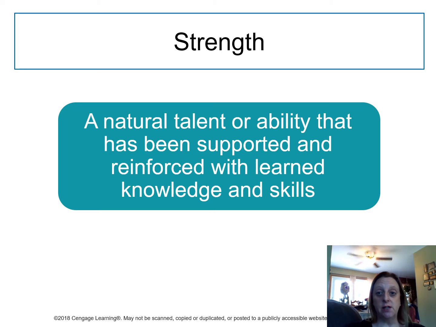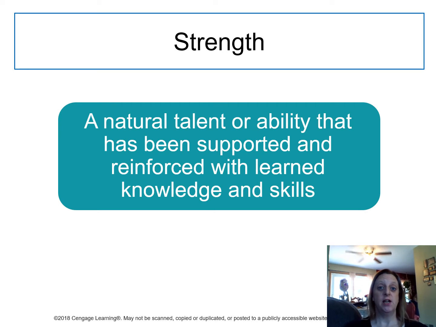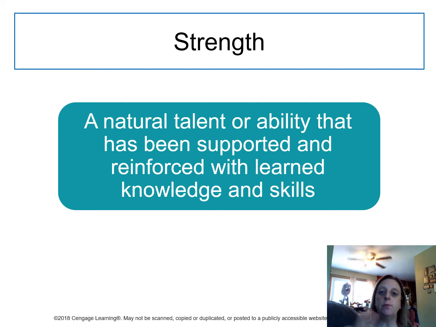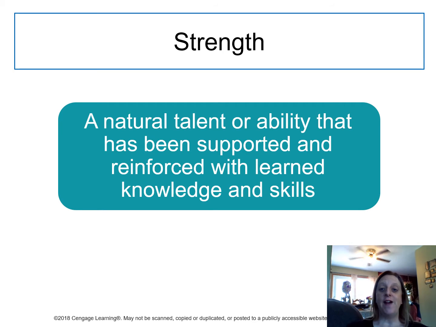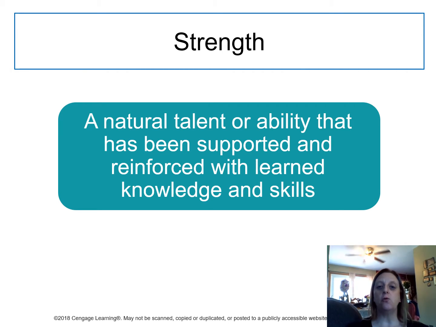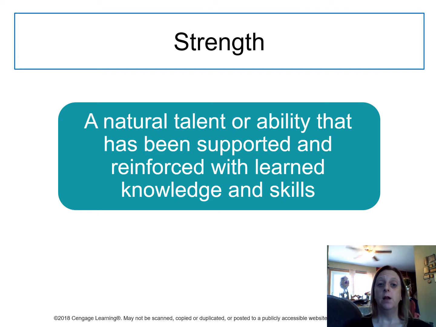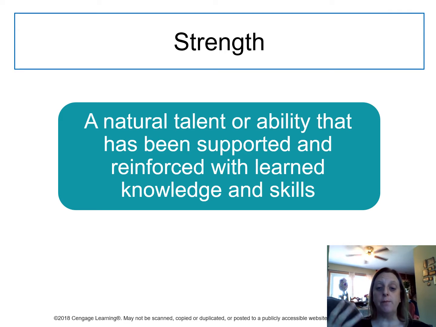Your strengths can really offset your weaknesses, but you must be aware of both, right? So the book places a lot of emphasis on utilizing your strengths and focusing on your strengths. In fact, your book says something to the effect that a strength arises from a natural talent that has been supported and reinforced with knowledge and skills. And talents can be thought of as innate traits and naturally recurring patterns of thought, feeling, and behavior. Once recognized, these talents can be turned into strengths by consciously developing and enhancing them with learning and practice.